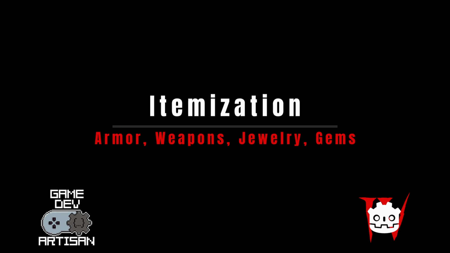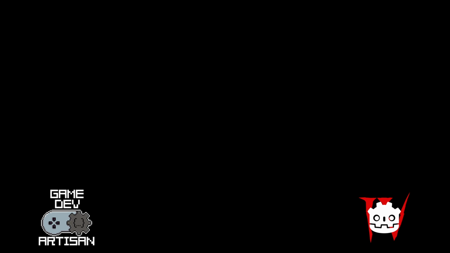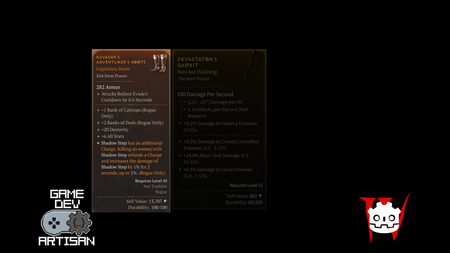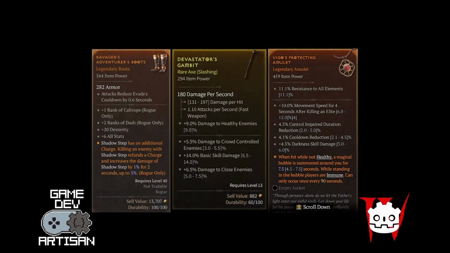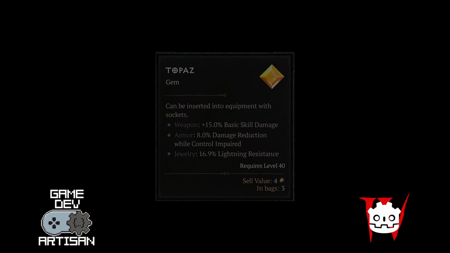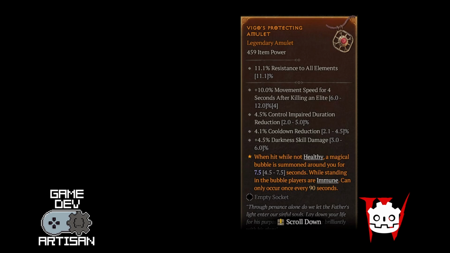Let's begin by examining items within Diablo 4. If we look at the different categories of items, we have gear in the form of armor, weapons, and jewelry, and socketable items such as a gem. All items at their core are going to have some common attributes such as their name, the rarity, tier, and category, an image icon, the description of the item,